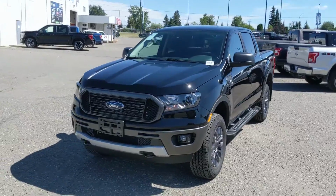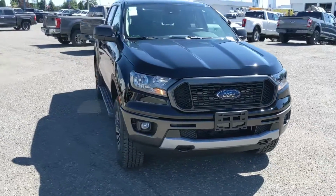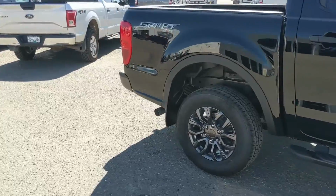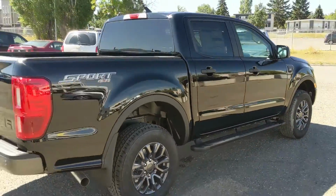Hello, this is Eric at Prince George Ford, and we're taking a look at the 2021 Ford Ranger in an XLT trim and powered by a 2.3-liter EcoBoost engine, providing you with excellent power and fuel efficiency. It does also come with running boards down below, so you can have an easier time getting in, but let's